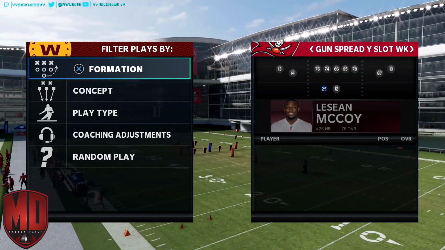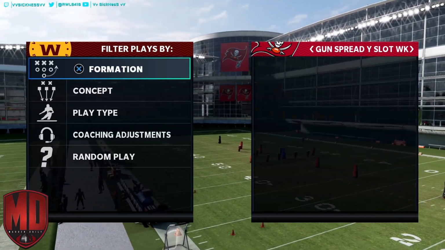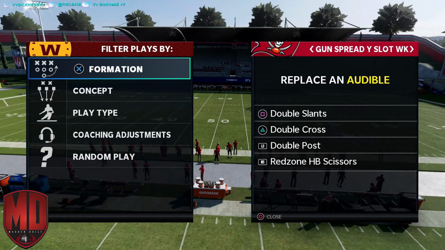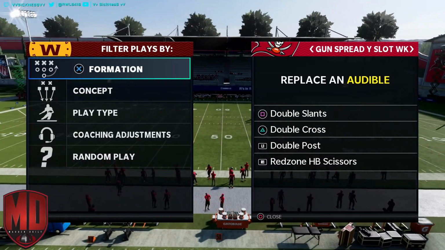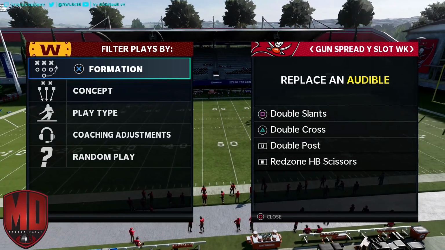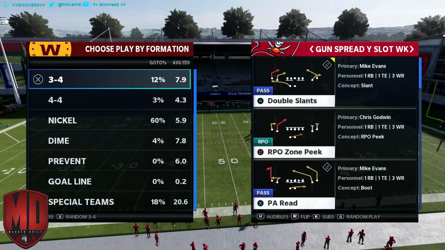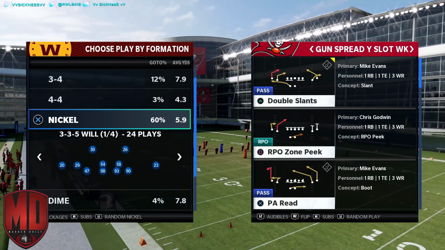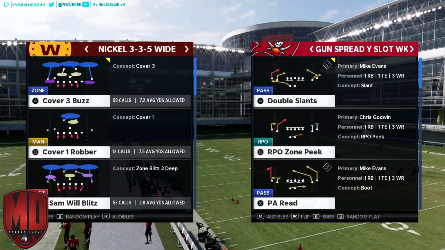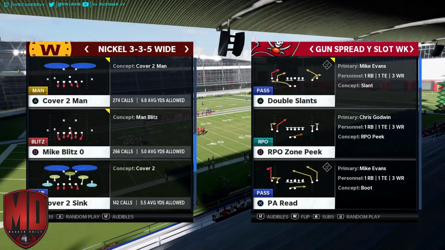Now, we're going to go ahead and put Ronald Jones in the game here. He has no abilities. But audible-wise, I've set up the running back routes I want to talk about. So you have double slants, you have double cross, double post, and then red zone halfback scissors. For the sake of this, I'm going to come out and show you how this looks against man coverage first, and then we'll move on to the other formations afterwards. So, if our opponent is in man coverage,